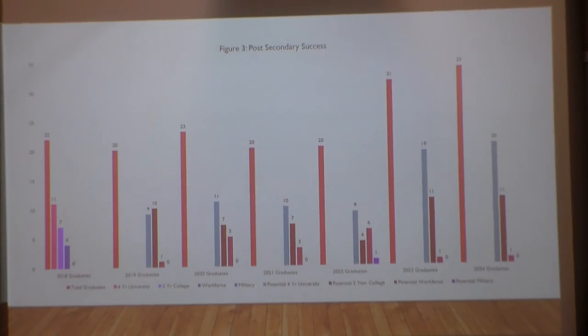Okay, so right here, we have 22 of those students who graduated. The 21, we know that she is in the workforce. She's gotten her GED. But of those, 11 of them went to a 4-year university. 11 of them are still in. That's good. 7 of them went to a junior college. We've still got 7 of them in. I know some of those are going to transfer and go to a 4-year university this year. I had a conversation with one at Sub-State basketball. And 4 of them joined the workforce. And that is okay, because we are a farming community, and rich in agriculture. So that's okay. We've got some taking over the family farms, family ranches, things like that. And for this class, we didn't have any that joined the military. 2019,